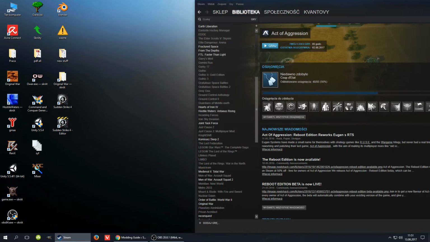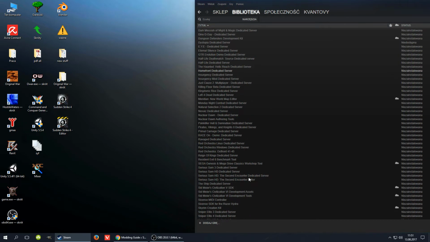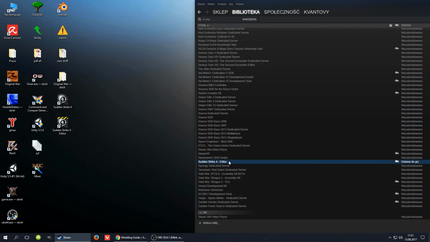The editor. To get the editor, you need to go to your Steam account, find the tools option and find the Sudden Strike 4 editor here. You need to download it, and after you do that, you should be able to see this shortcut on your desktop that leads to the Sudden Strike 4 editor. If it's not here, I think you'll also be able to launch it by clicking on here in the Steam application. So yeah, after you download it, you need to click it